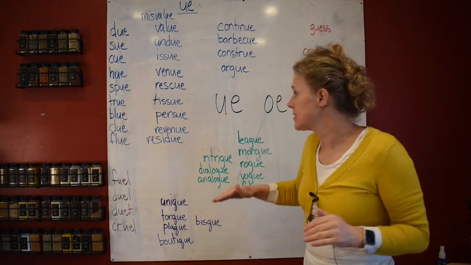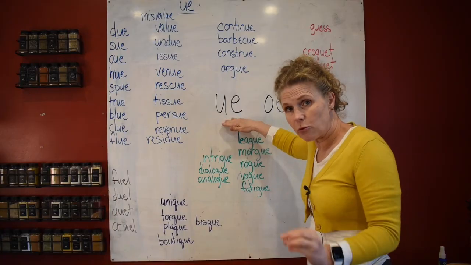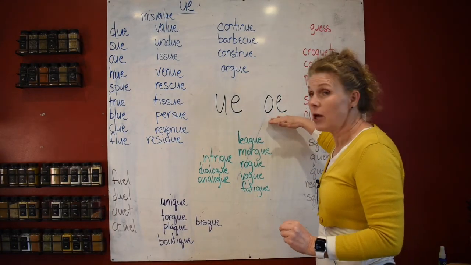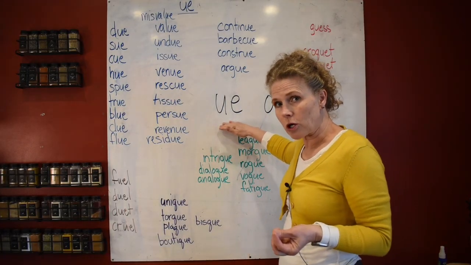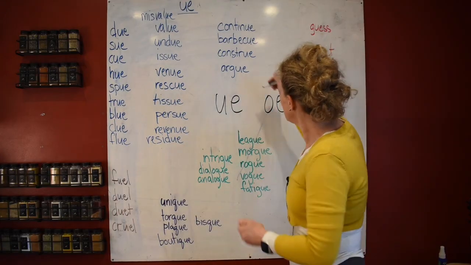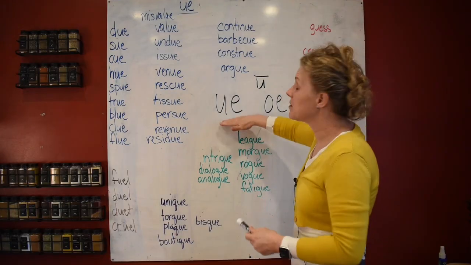Focusing in this lesson on understanding the vowel team UE. It can be really confusing. And then we're also focusing on the OE. Now UE falls at the end of words and it says U, like the long U sound. U. It's the name of the letter.